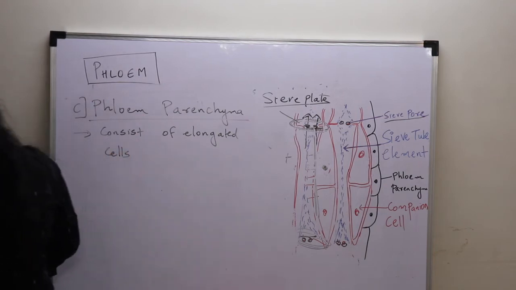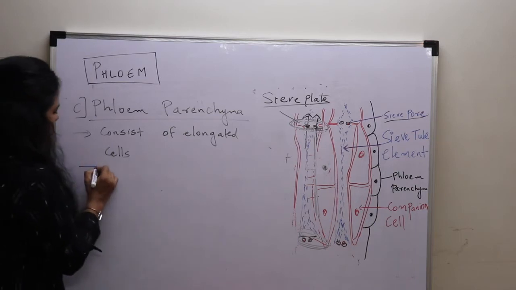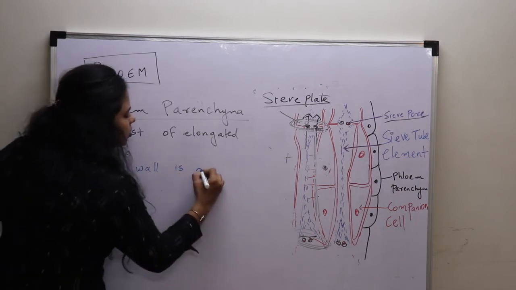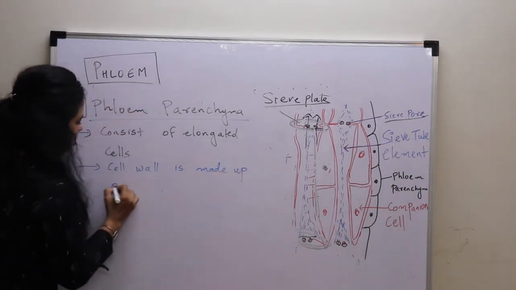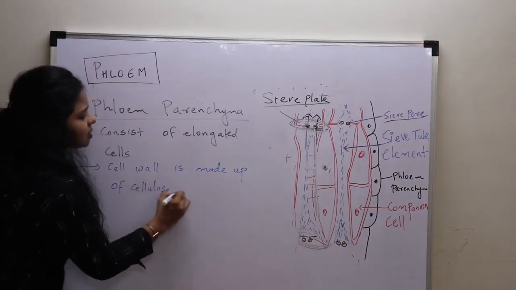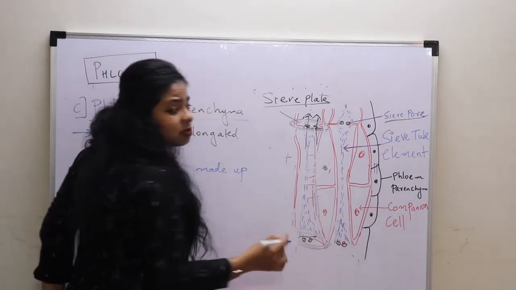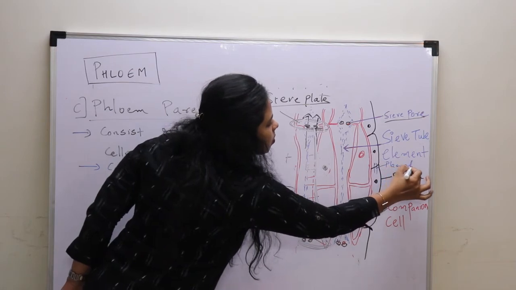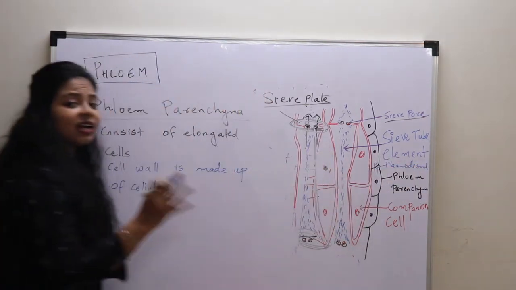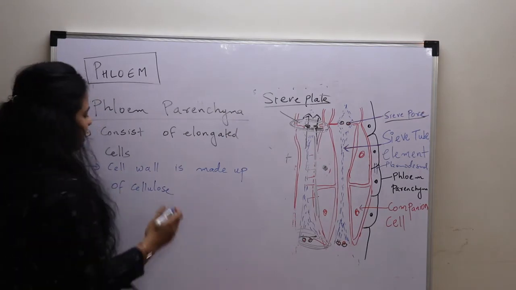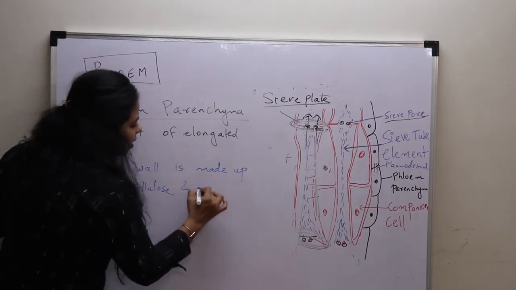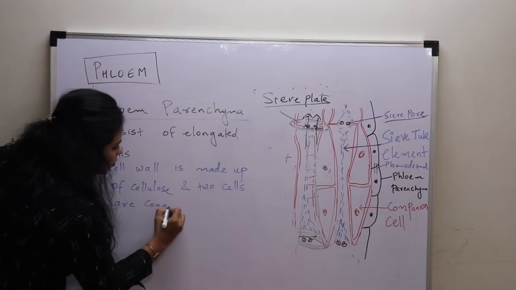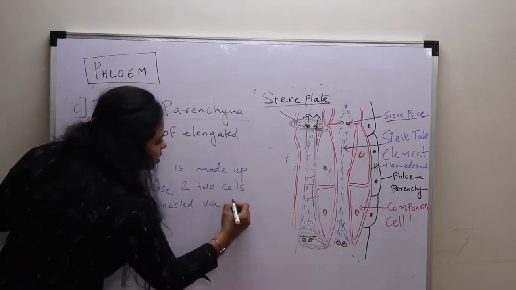Now, what do these cells do here? The cell wall is made up of cellulose. Now there is a bridge between two cells which is called plasmodesmata. Here the blue thing, plasmodesmata, is a bridge between two parenchyma cells which helps in the transport of material. So the wall is made up of cellulose and two cells are connected via a cytoplasmic bridge